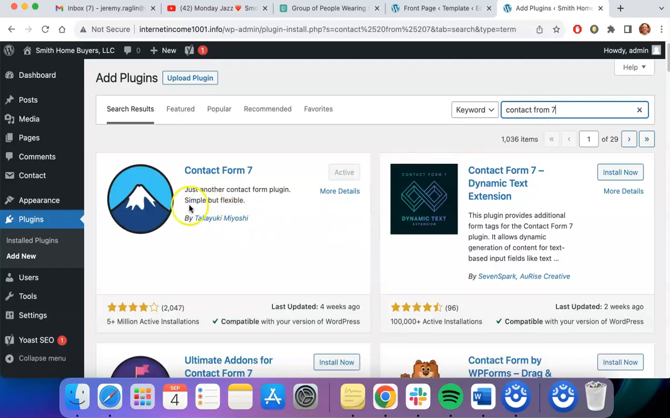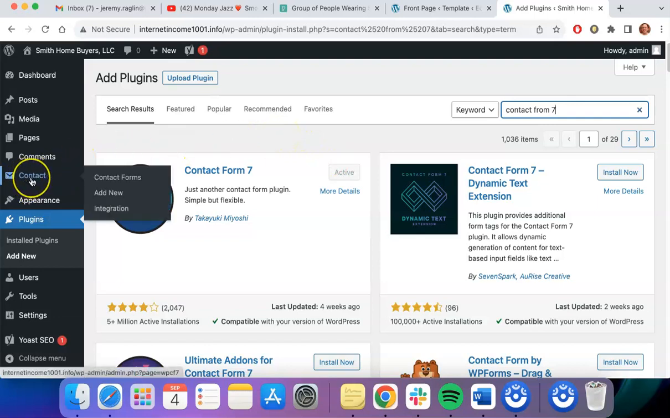You want to look for the one that has the little picture of the mountain right here, and then you just click on activate. And then once it's activated, you also want to click on the word install. Install or activate is going to say one or the other, and then it'll be ready to go for your website. And then you should see it once it's activated and installed. You should see it right over here where it says the word contact. And then all you have to do next is just click on where it says add new,